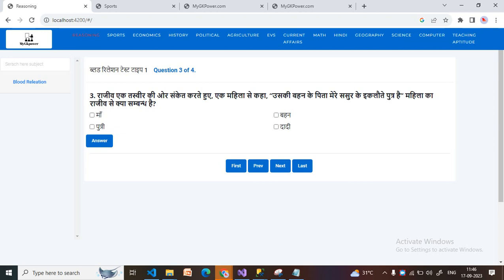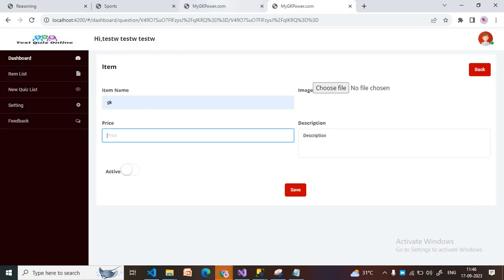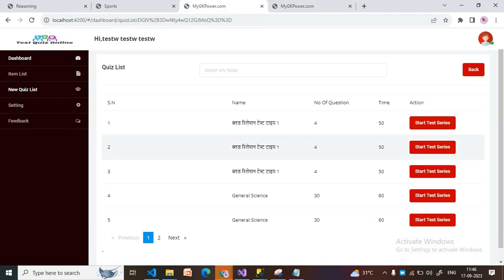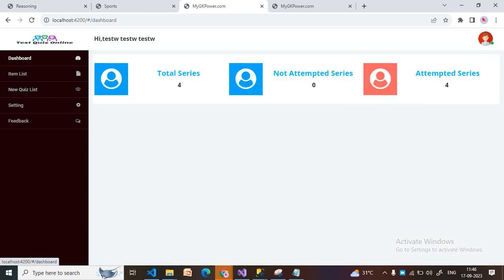This application contains two things. One part is some pages which can be accessed without login, and some pages which can be accessed only with login, correct? For example, you are able to see a dashboard here,